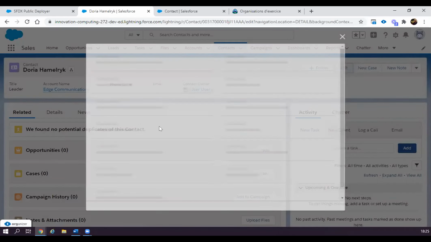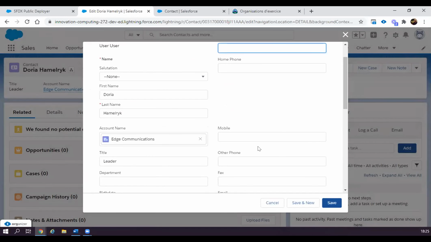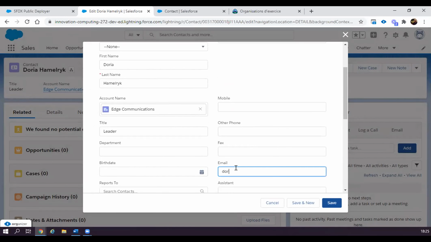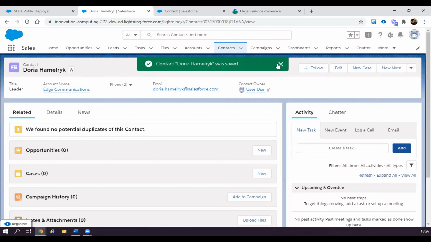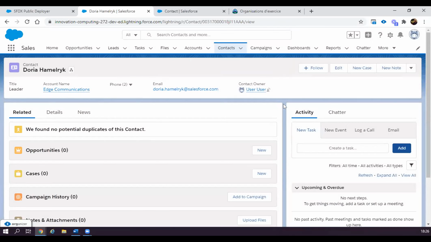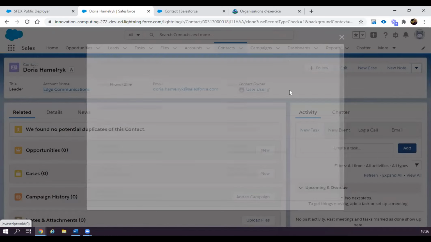Now I will edit it and add here the email address. Okay, as of now, I have two contacts, one with email address and the other without email address. And as you can see, I have no alerts that there is a duplicate in my org. But now if I clone this one